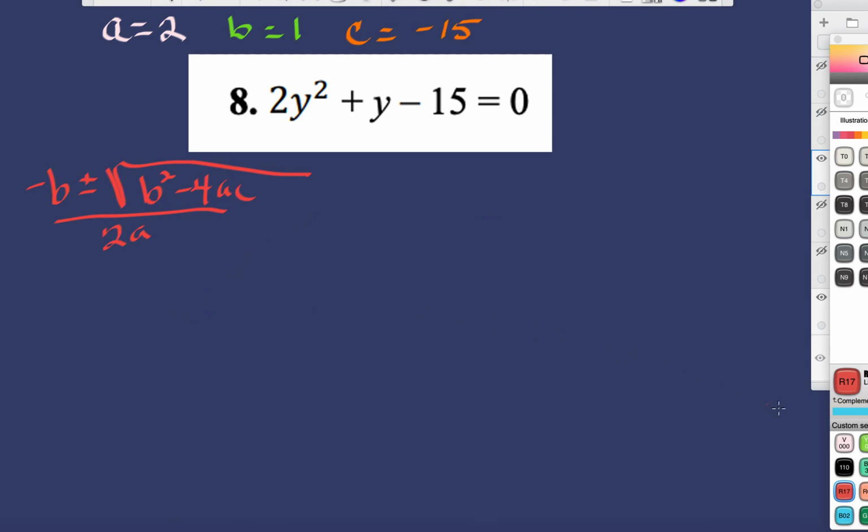So, negative b, I have to use my green. So, negative 1. Plus or minus the square root of, what's b? b is 1 squared